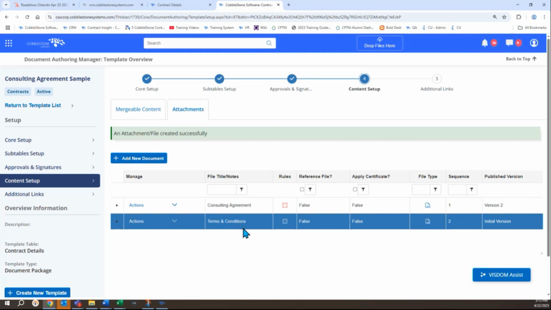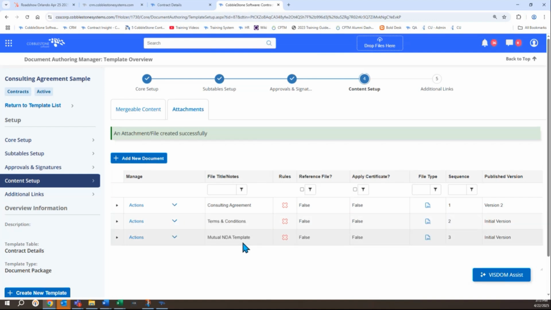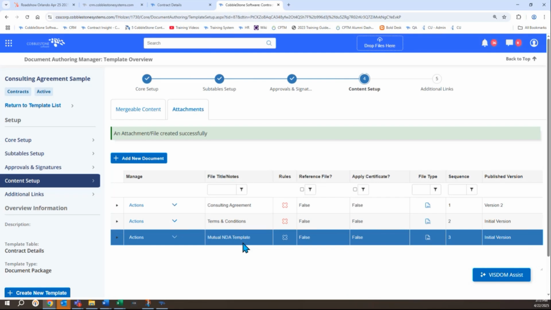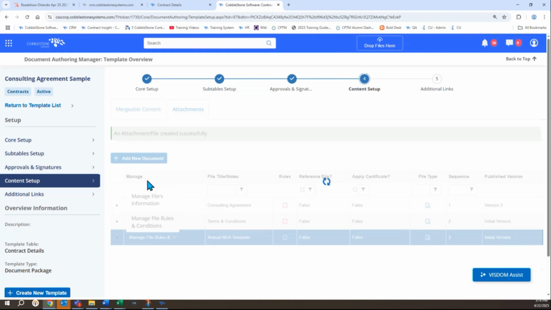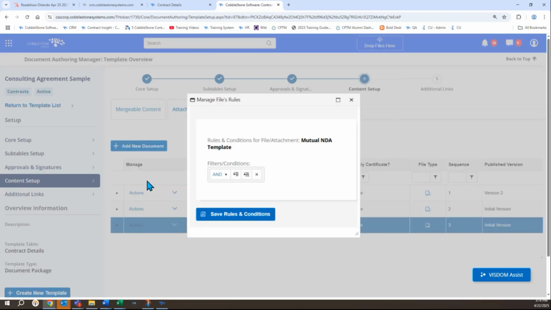You can also do this with other templates. So I'll do this one more time. Now I've uploaded a mutual NDA template, and that is a template, right? It has placeholders inside of it. And now what I could do with this, slightly different situation, I could set conditions to it. And I can say, hey, if they don't already have an NDA, this is going to merge an NDA and attach that new NDA. So I would go to manage file rules and conditions, and I'd add a condition